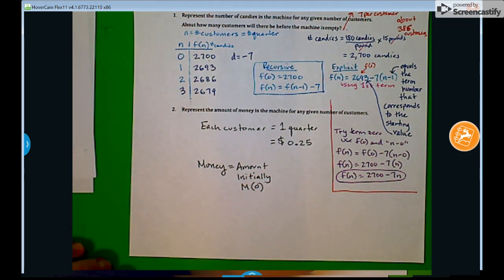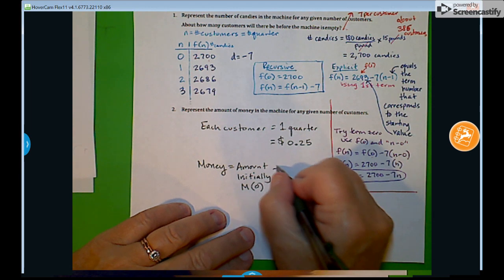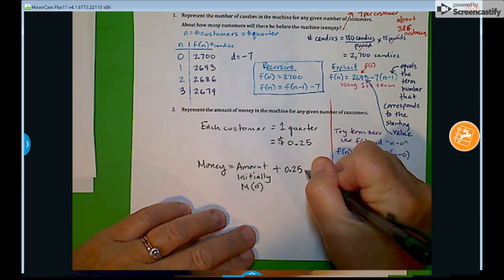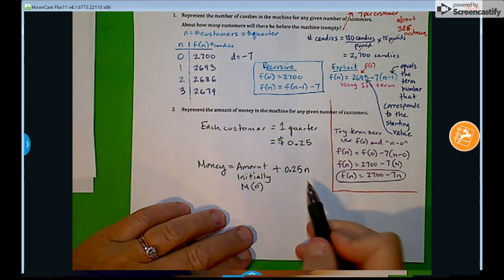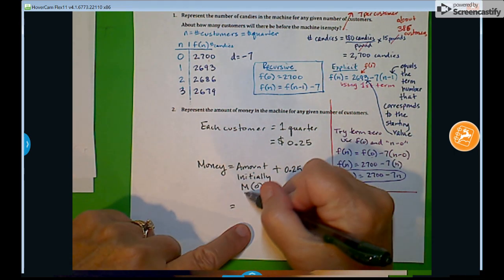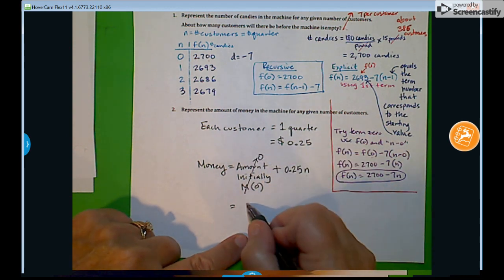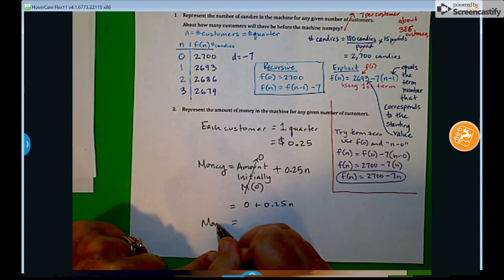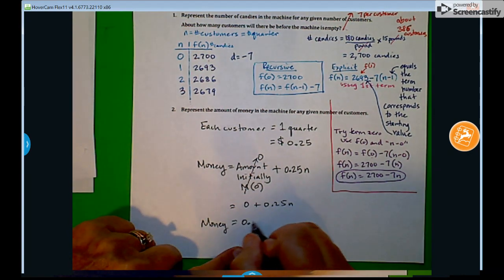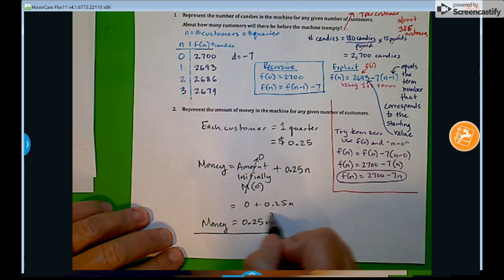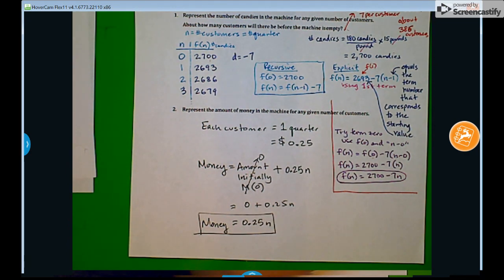Money at time 0 plus 25 cents for every customer number. So the amount of money initially is just $0. So it'd be 0 plus 0.25n. The amount of money would just be equal to 25 cents times every customer. All right, that's it. Please work on the homework, page